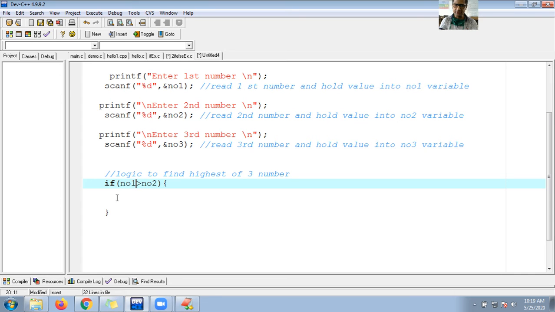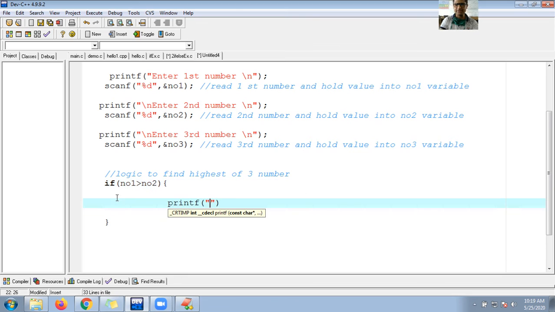I want to print a message, printf. The message is number 1 is highest, that is, so %d. I want to print that number, comma NO1.